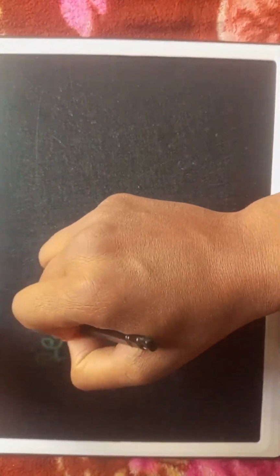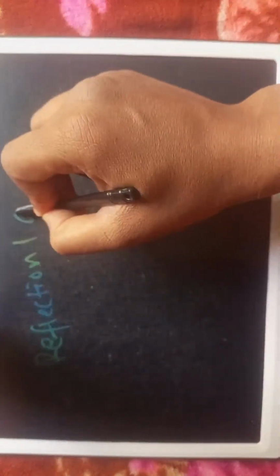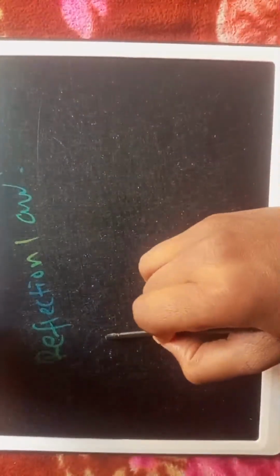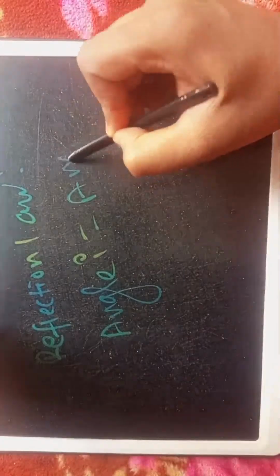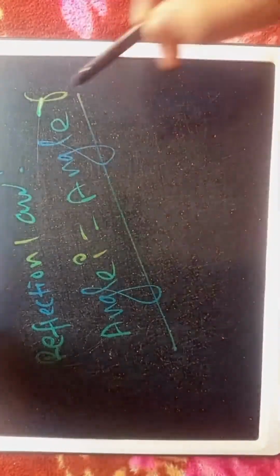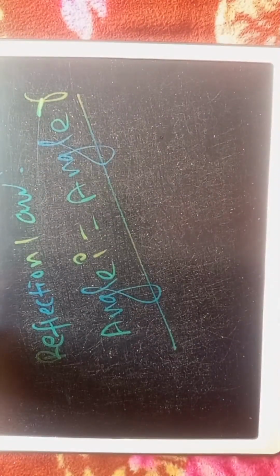There is another, reflection law. Reflection law means angle I is equal to angle R. Refraction law, what happens, angle I is equal to angle